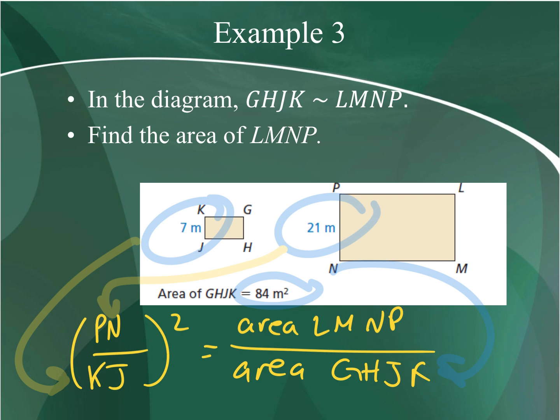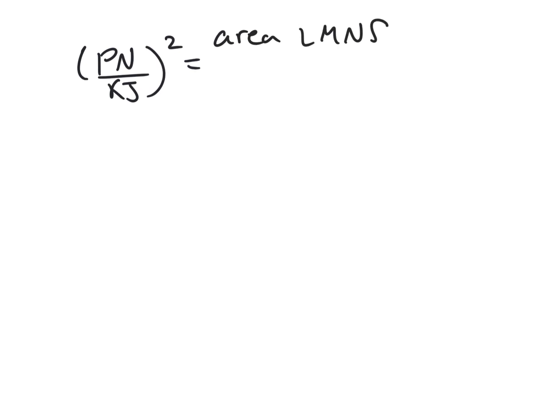Now I'm going to open a new slide to work on this, so please keep in mind the numbers. So in this slide that I just opened, I'm going to write the same thing that we had before. I'm going to write it in highlighter. All right, so PN over KJ, all of that squared, equals the area of LMNP over the area of